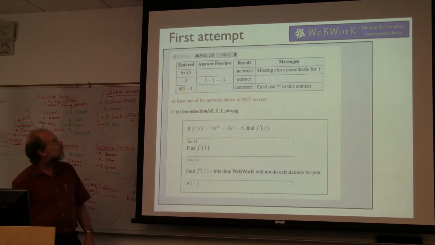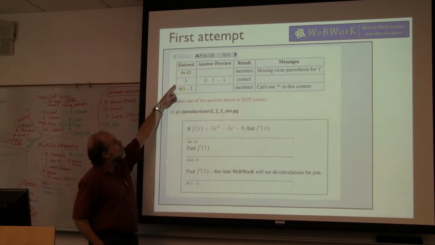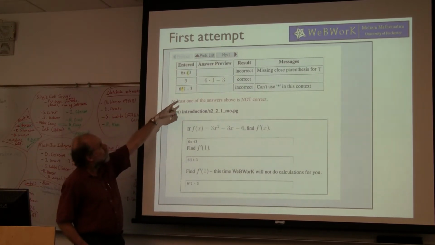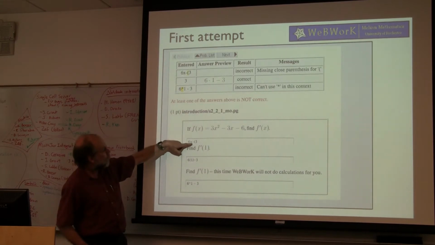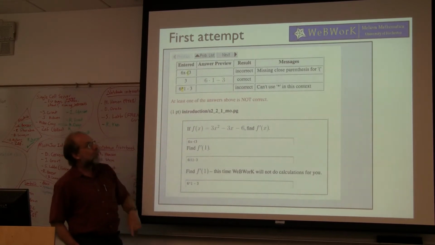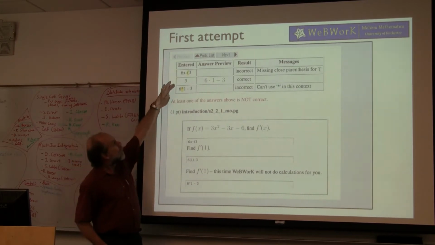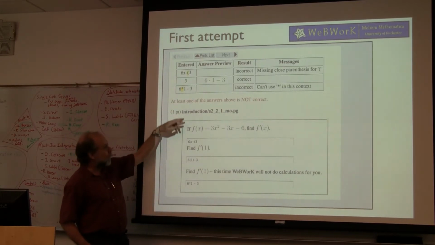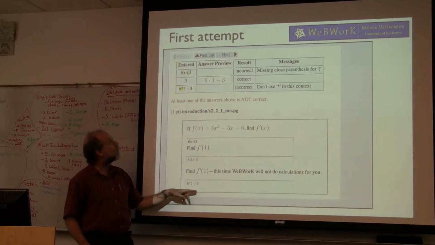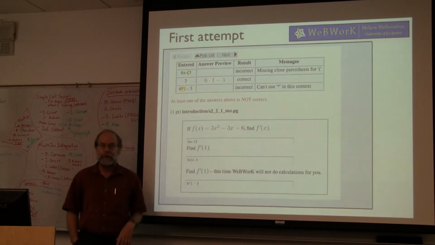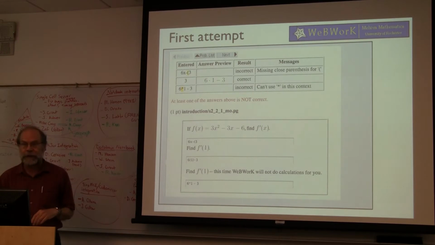So here's a typical kind of answer. A student's entered something like this. There's just a typo in it. So here's where they've entered it, and you get information that there's a missing closed parenthesis. This answer would have been correct, except that we're in restricted mode here, where you're not allowed to use the Perl as your calculating machine.